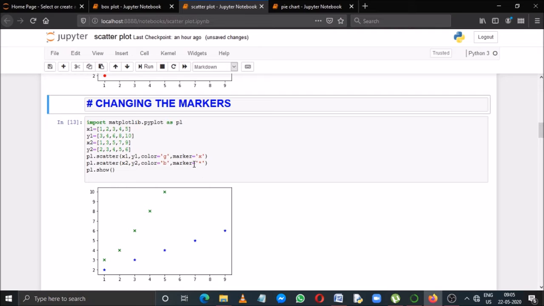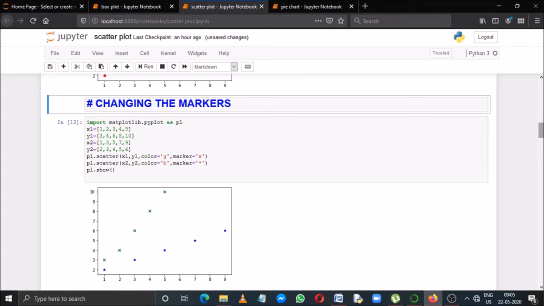For that purpose, you need to pass another attribute in the scatter function. It's called marker attribute. See, suppose for the first line, the program is exactly the same as the previous one, just I have changed the marker styles. For the first line, I gave here marker equals x. That's why see the green scatters, the markers appear as x. And in the second scatter, I put the marker as star. That's why in the second scatter, the markers are appearing in star format.